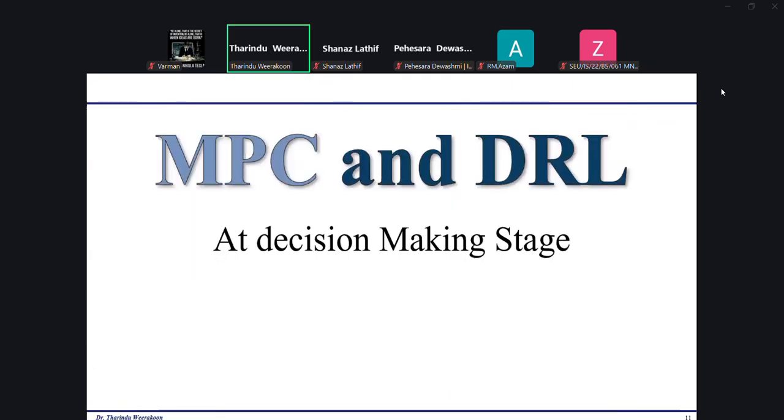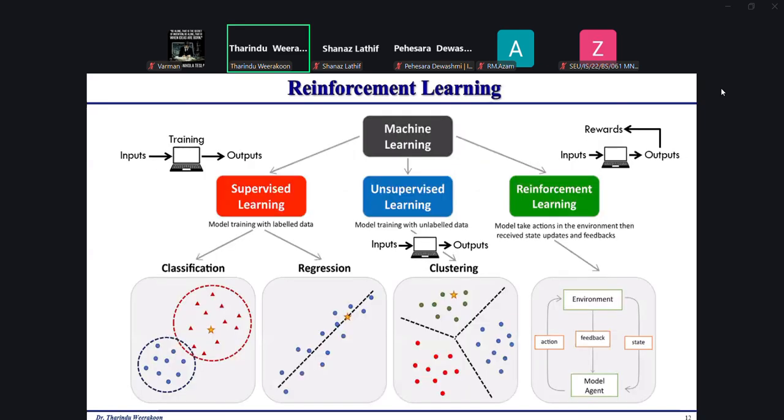Then the next topic is reinforcement learning. As you all know, machine learning algorithms can mainly be divided into three: supervised, unsupervised, and apart from that, we can see another section, reinforcement learning.